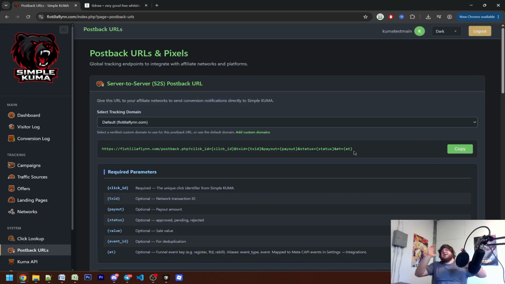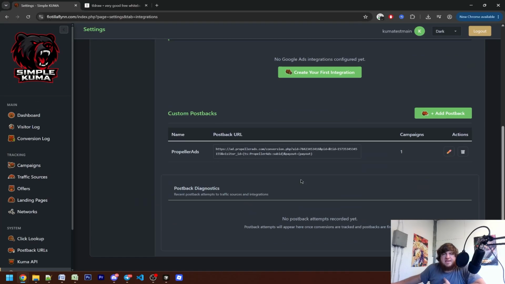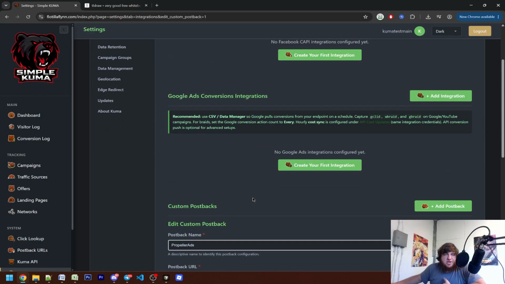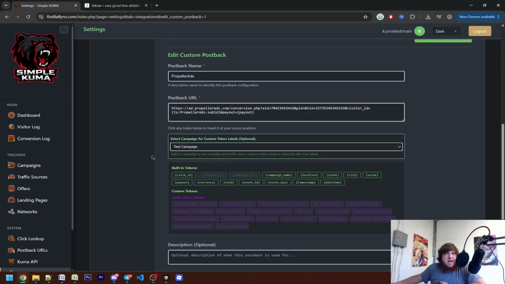Because the network cannot see the traffic source. They can only see your tracker, and your tracker is sending its click ID. And then the tracker will post back the traffic source's click ID. I know this can get really confusing, guys. I'm trying my best to explain it in a way that doesn't cross you up or tie you up anymore. But just know that if you are to do this inside of integrations and you try to post back like this,